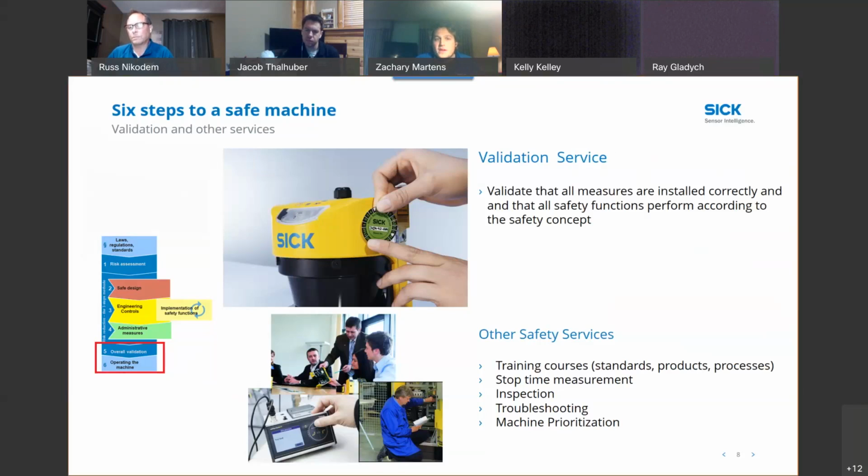Stop time measurement is one that we do, and it's actually part of our 6 steps when we're doing the safety concept, taking measurements of the stop time of certain hazards, with whatever equipment, and that goes into our design normally. But it is something that we do offer if a customer doesn't want to buy the stop time device, which is understandable, and keep that up to